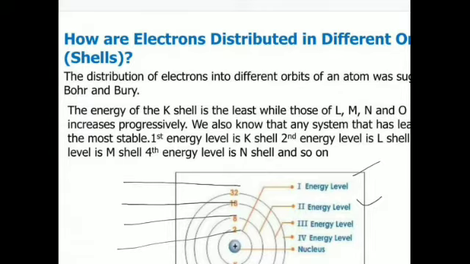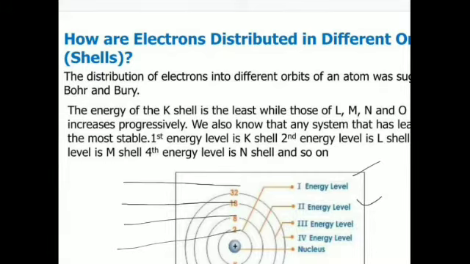But for any atom, if the outermost shell is like the fourth, even though the number of electrons left to be accommodated is more than 8, they will not be accommodated in the last shell. The last shell will always contain at most 8 electrons. Is that clear? So we have different rules to follow, and you will keep on understanding things when they are given with examples.